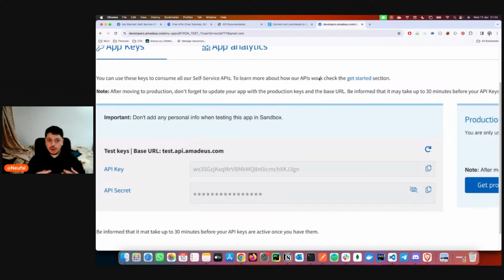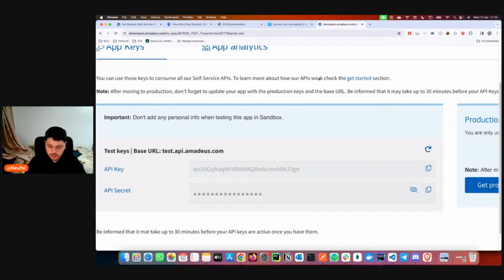But for the moment, Amadeus is the middleman that gives you the API to book and search for flights. And Amadeus takes care of getting all this information, all these flights, all these available rooms from hotels, rental cars, whatever. So basically, Amadeus is a middleman.